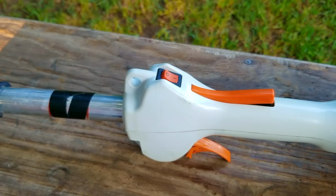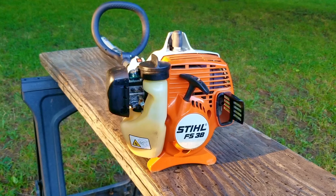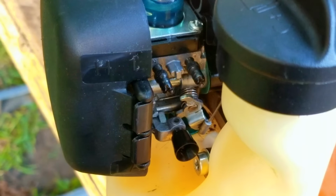So as you can see, it may not be running as well as it should be, but it still works. Now it didn't stop running in this shot, but I tried to use the trimmer after filming and it was doing just that, so it was pretty annoying to say the least. At this point, I'd pretty much given up and was going to give it back to my dad,